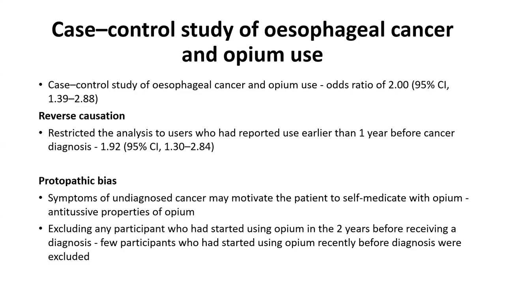I understand the recent usage exclusion, but the past 2 years criteria I don't understand. No, excluding any participant who had started using opium in the 2 years before receiving diagnosis means in the immediate past 2 years. Okay, ma'am. Immediate past. So 1 year is